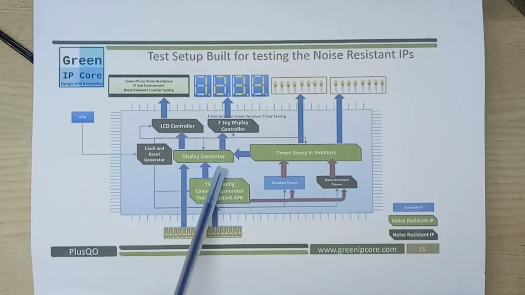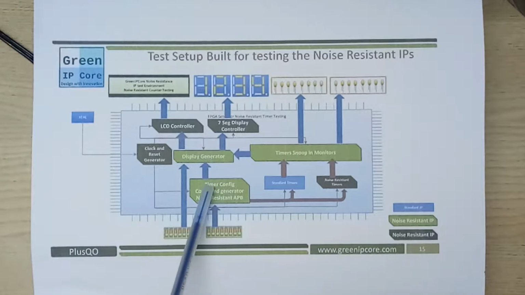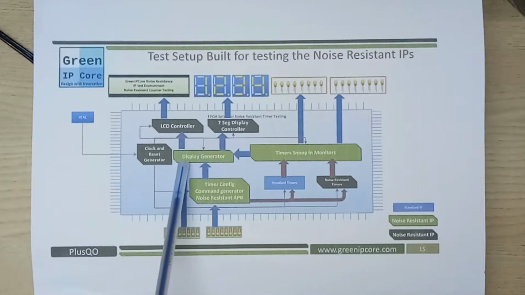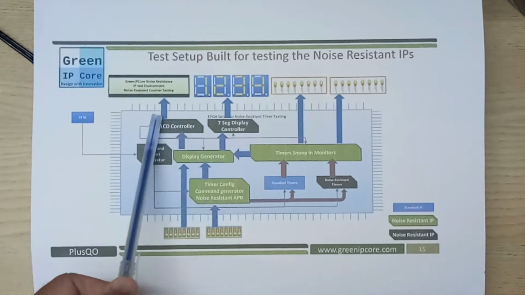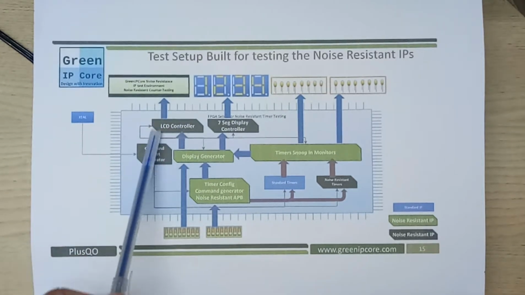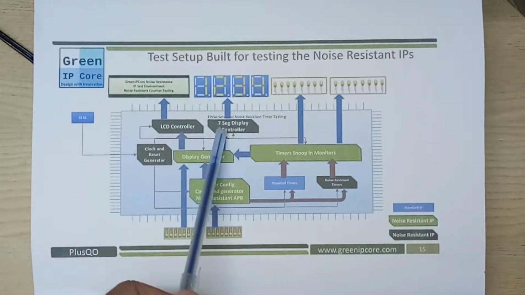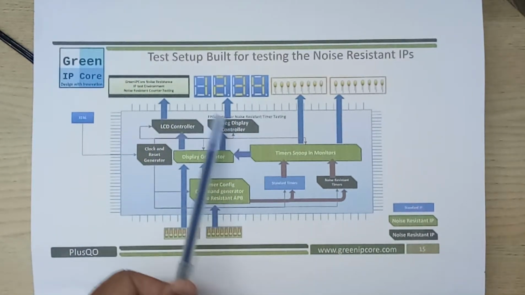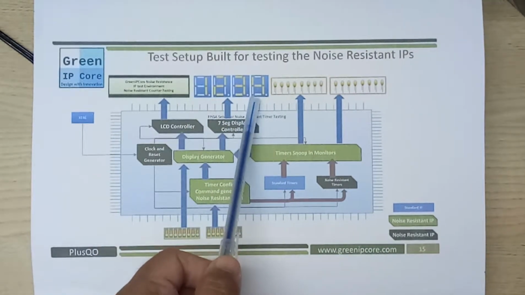We have a display controller, a display generator, which is also a noise resistant block, which generates the display based on the configuration which is selected over here, and selecting from different DIP switches as well, depending on configuration. It is driving the LCD controller, which is also a noise resistant block, which drives out the differentials on this LCD controller. Another is a 7-segment display, which is connected to 4 7-segment display units on the FPGA board,